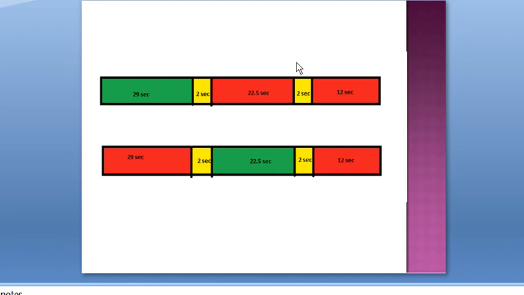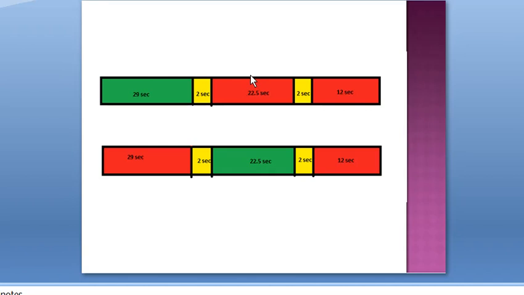I think it is the safest method of providing pedestrian crossing time. In the textbook there is no guideline for providing this pedestrian crossing time, but in many problems it is given like that, so I have also modified the phase diagram like this. From the end I have given 12 seconds as pedestrian crossing time, and in between the red and pedestrian crossing time there will be amber time, so I provide 2 seconds as the amber. Then we can calculate this length: add 29 plus 2 plus 2 plus 12 and subtract from 67.5, and the answer is 22.5, and this is the red time for road A.